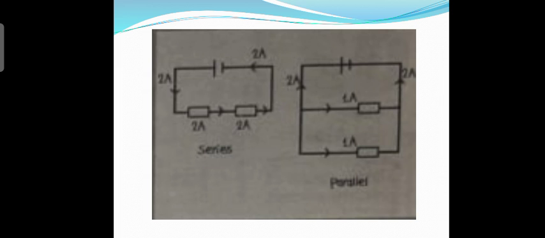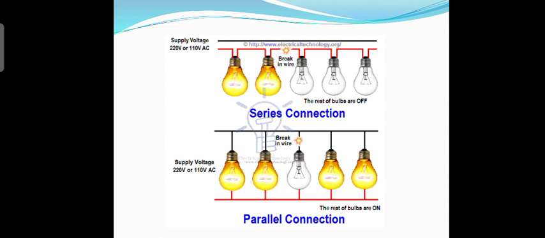In the first diagram where the arrangement is series type, you can see that the 2 ampere current is flowing through the entire circuit and all the bulbs in the series circuit are getting the same amount of current. While in the parallel circuit, as different loops and circuits are there, the current is getting distributed. So the two bulbs are getting only 1 ampere current out of 2. Now see this second picture.